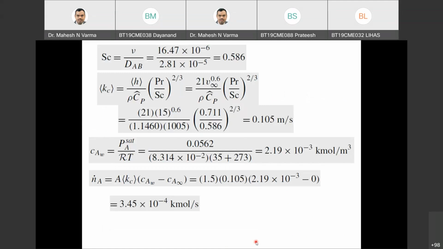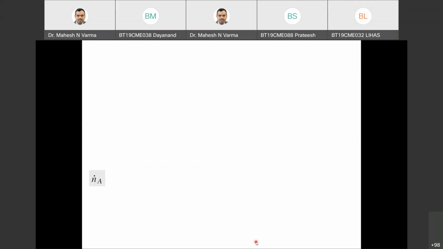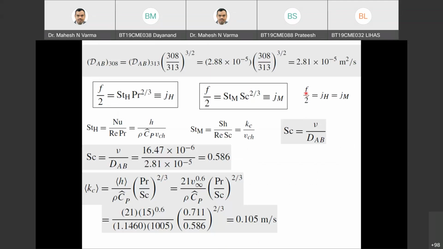Similarly, using f by 2 equals jH, I can calculate the friction factor. Then using Fanning equation, I can calculate the momentum flux at the wall. Using that, I can calculate the drag force exerted by flowing fluid on the wall. So